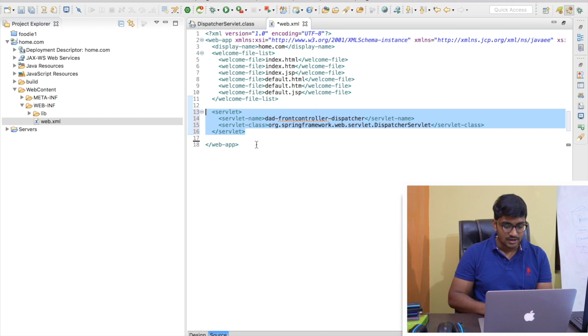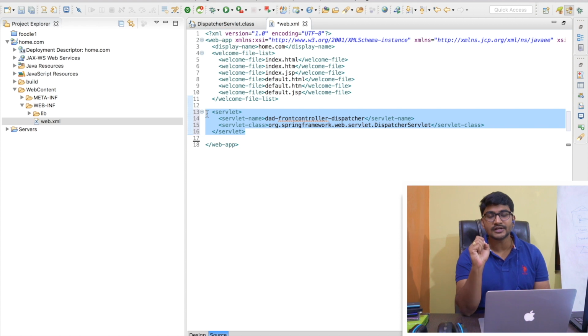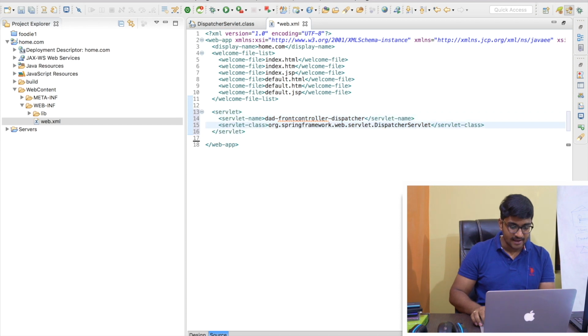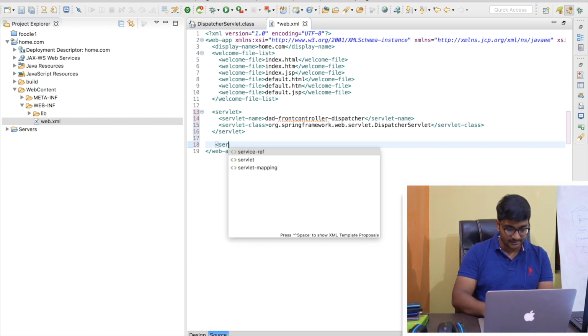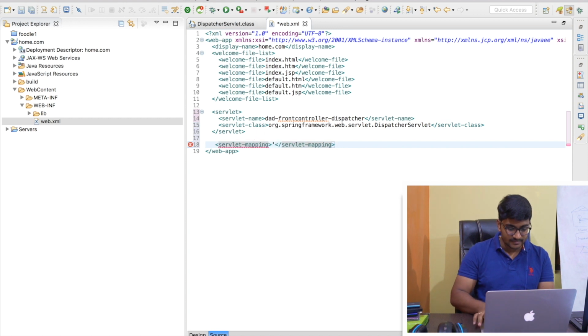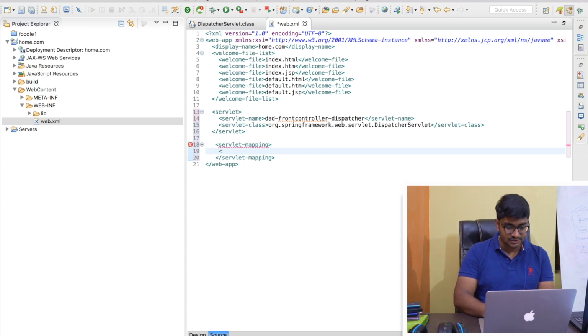Home.com, right? So let's tell this servlet, hey servlet, you handle all the requests coming to my website called home.com. The way I'm going to tell that to this particular servlet is I'll give another tag here called servlet mapping. Inside the servlet mapping, first of all, what is the servlet I'm trying to map to? The servlet name is this one, right? To this servlet, what I'm going to map, Control C, Control V, this is my servlet name,